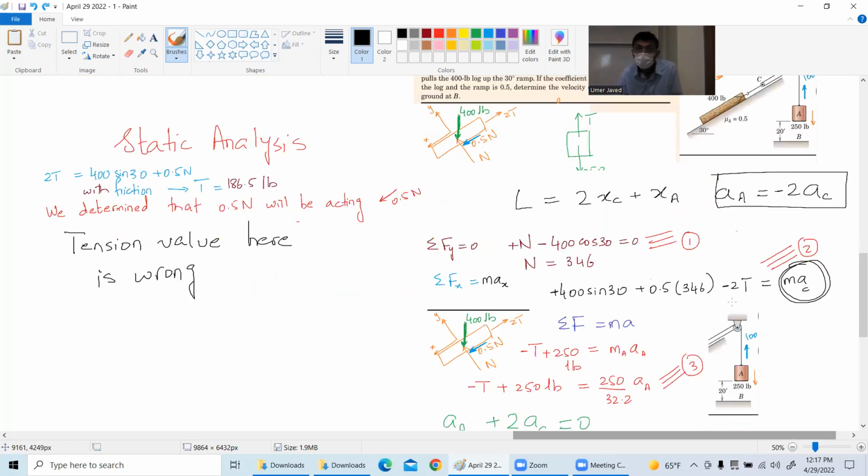So 3 equations, 3 unknowns. But I keep on saying that in the static analysis, the tension value here is wrong. Of course, I have mentioned this. So we have